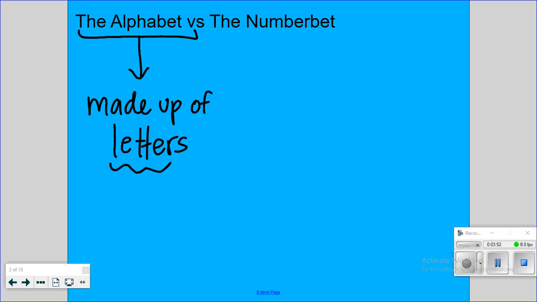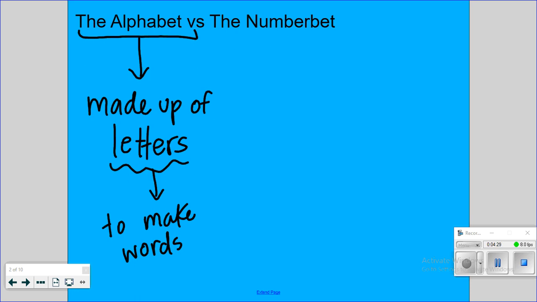I use these letters to make words. Now, it can be kind of tricky. Take the letter A. Could A be a word? Yes. But it's also a letter. Weird. What about I? Is I a letter? Is it a word? Yeah. Tricky. In the land of the number bet, just like the alphabet, we have letters, but those letters are not